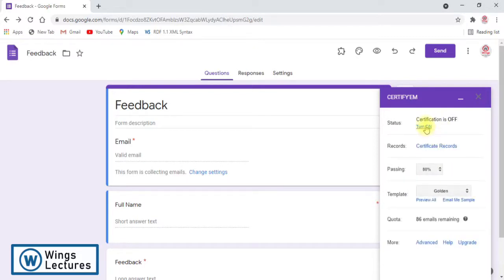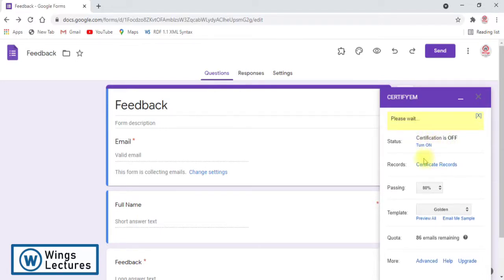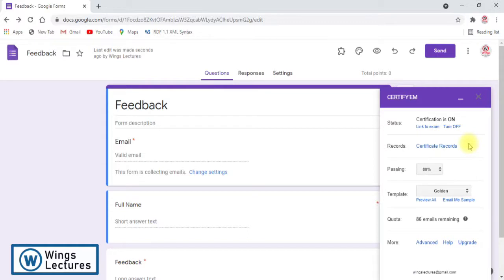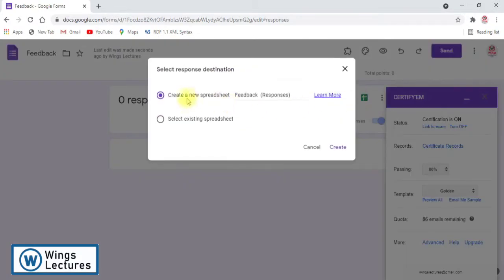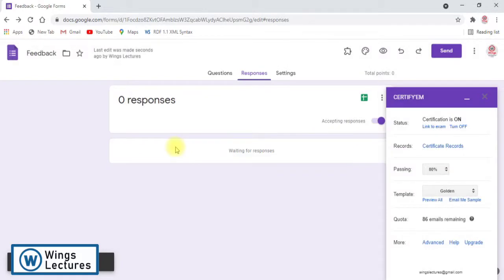First thing is, you have to turn on the certification status. First turn on this. The next thing is you have to verify the label names on the record that you are going to receive. In the response area, you will have the Excel file. If you click this spreadsheet, you can check it over here.